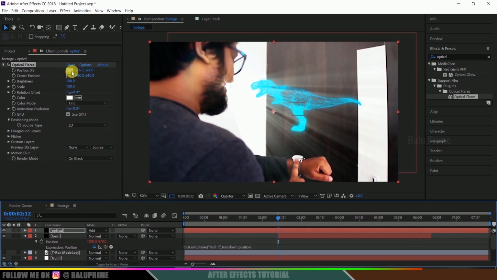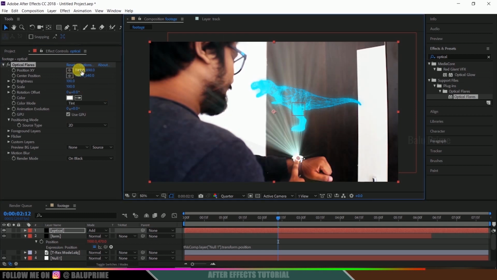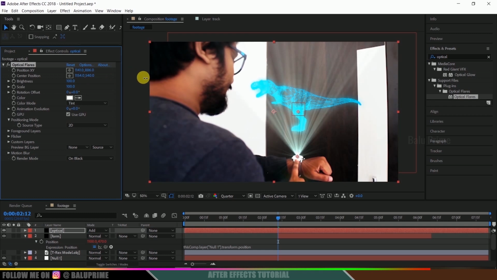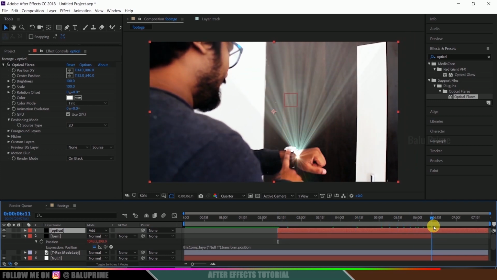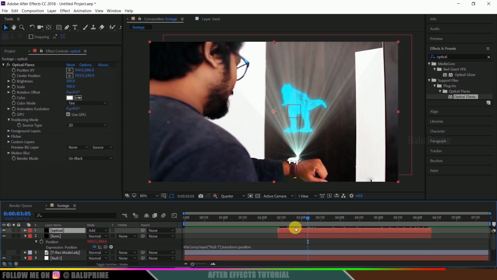Now let me position this here simply by clicking here, or you can place it manually by simply changing the values like this. And also let me position this lightning here. Okay, so let me trim it out here exactly. So this optical also we need at this frame, and also move to the last frame and trim it out from this right hand side. Okay, now come to the starting frame, press I on the keyboard.